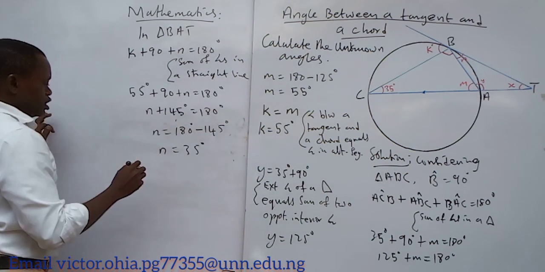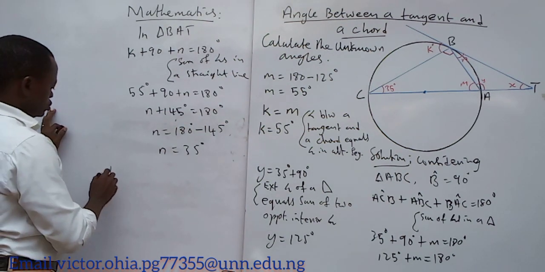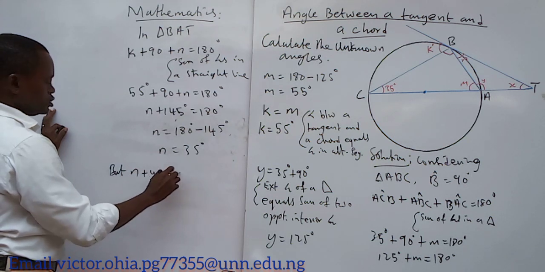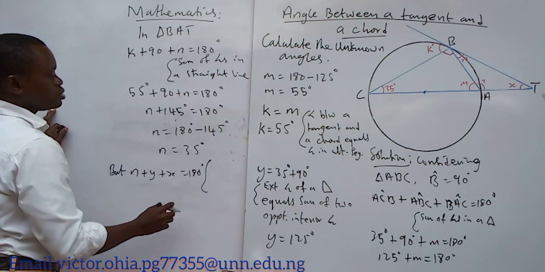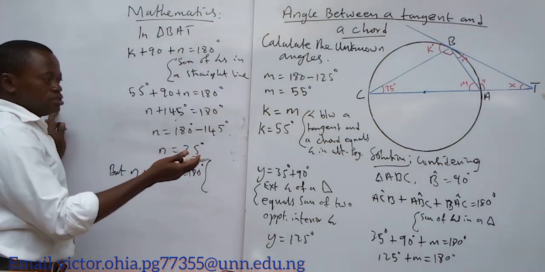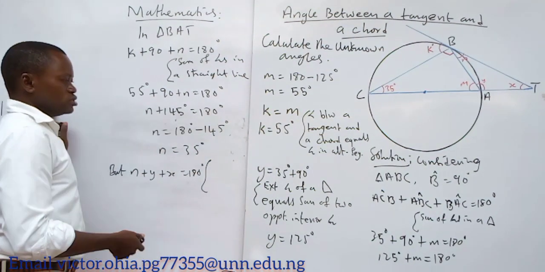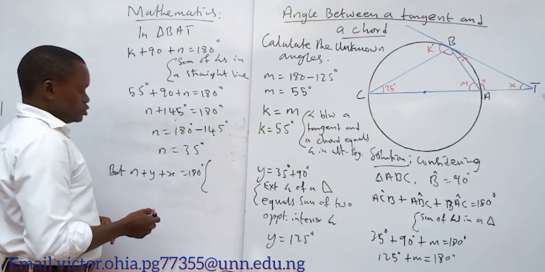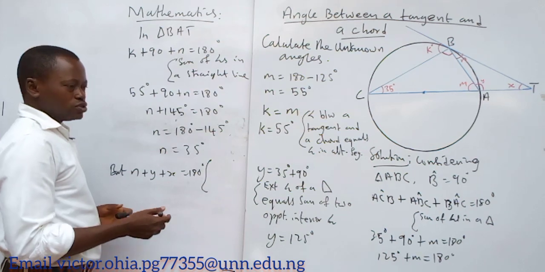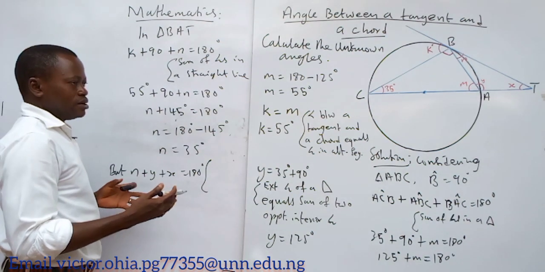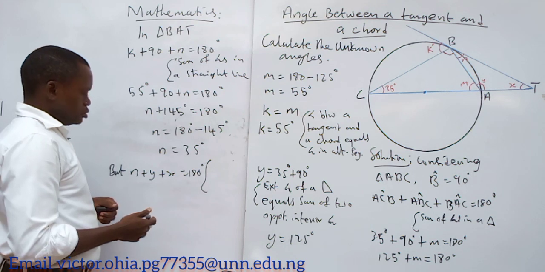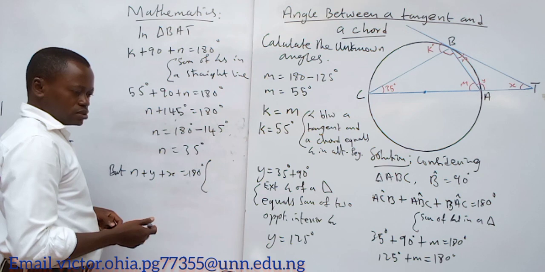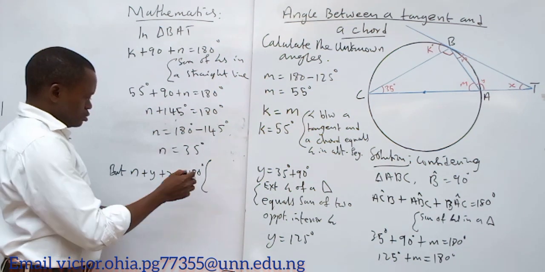We can now conclude in that triangle by saying n plus y plus x is equal to 180 degrees. We keep on mentioning theorems. That's how it is. Whenever you come across things like this, you have to be backing whatever you're talking with theorems. And those theorems, they have proof. They are not just something we just mentioned. We took like how many classes behind there to do these proofs before coming up here, so that we don't have to be talking something that is not obtainable somewhere. Okay, so